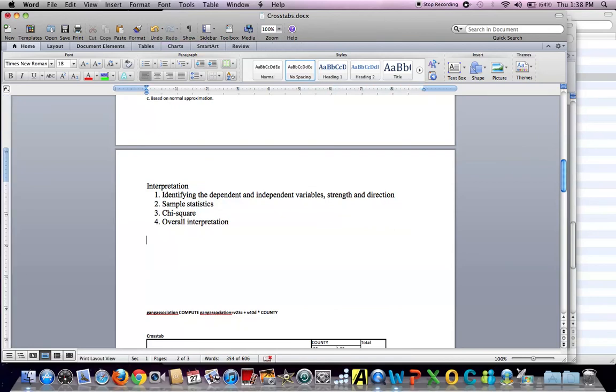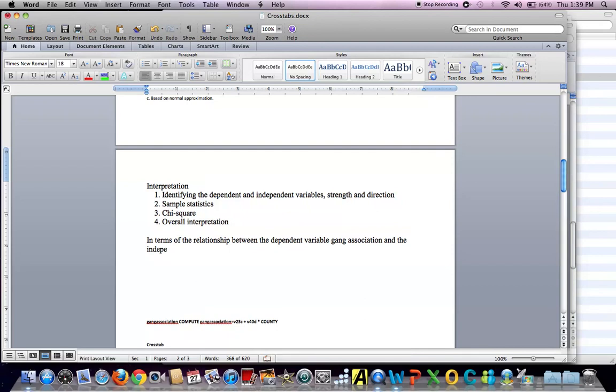So in the interpretation of this first, in terms of the relationship between the dependent variable, gang association, and the independent variable, gender, the relationship shows a moderate positive